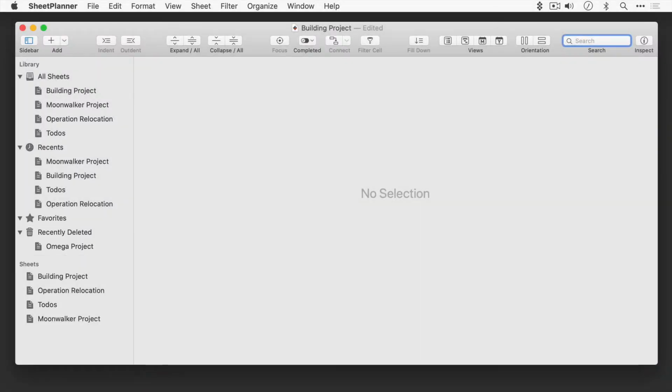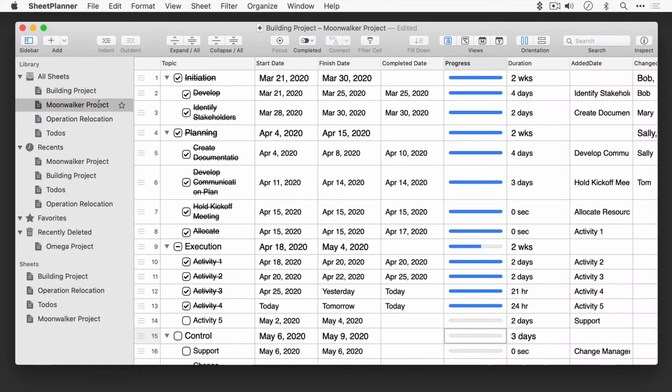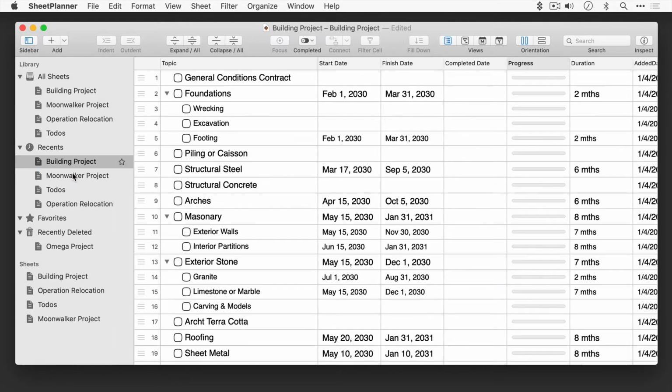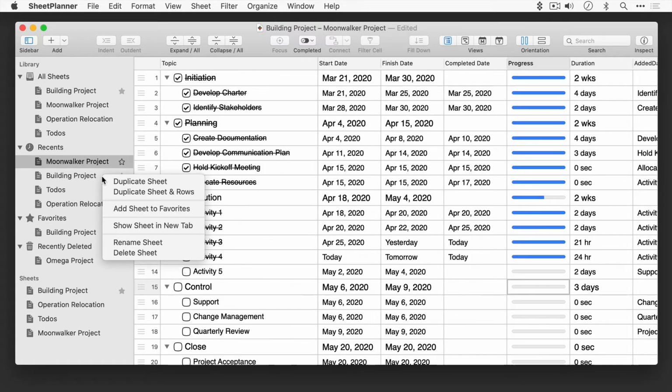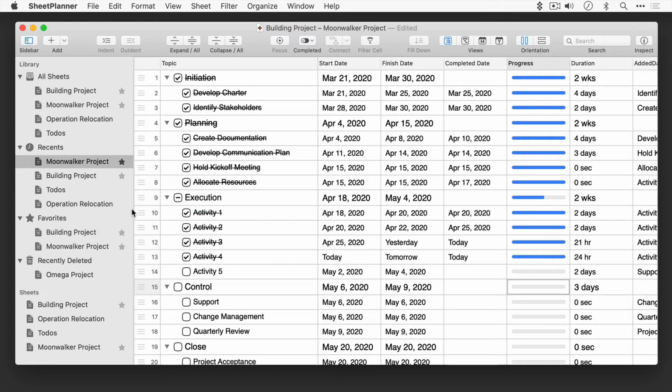All Sheets lists all the sheets inside of your SheetPlanner document and will show all the sheets even if organized into folders. The Recents section shows the sheets that you have recently viewed, and Favorites shows any sheets that you've pinned as favorites by clicking on the star icon next to the name in the sidebar. You can also mark a sheet as a favorite by right-clicking on the sheet and selecting Add Sheet to Favorites